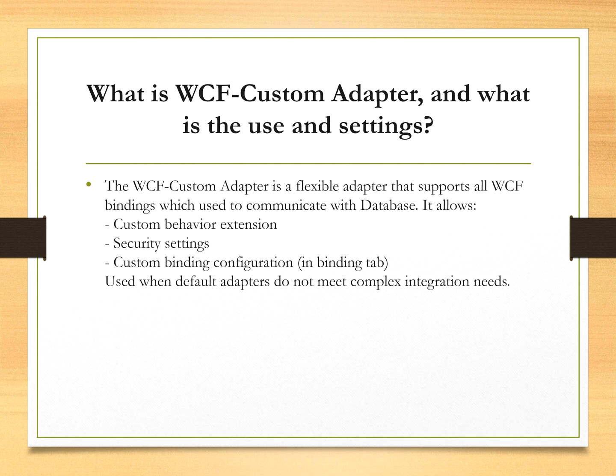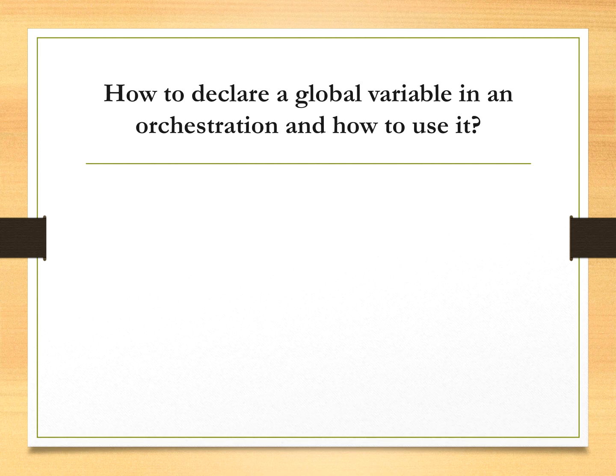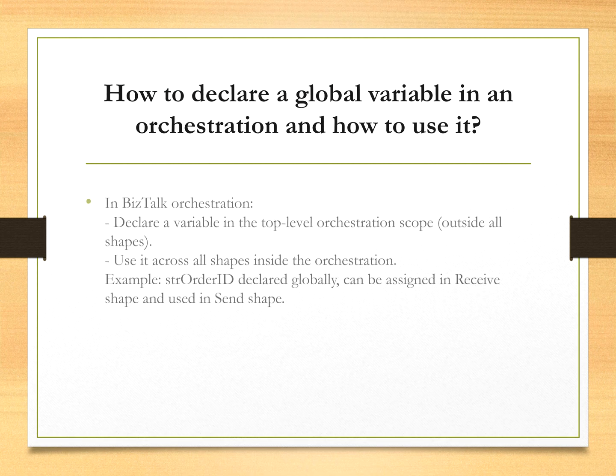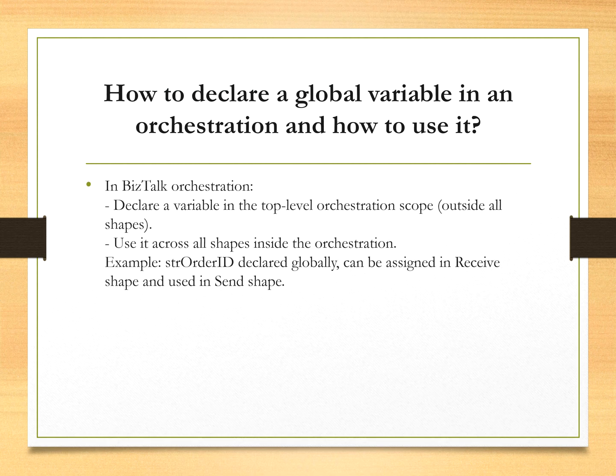Here is another common question. How to declare a variable in an orchestration and how to use it? So in BizTalk orchestration, declare a variable in the top level orchestration scope outside all shapes. Use it across all shapes inside the orchestration. Moving on,